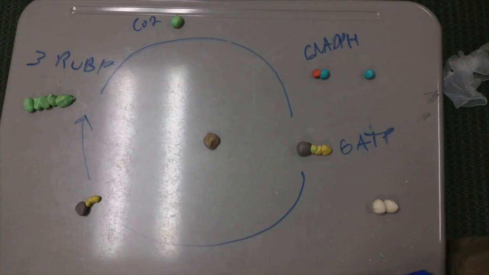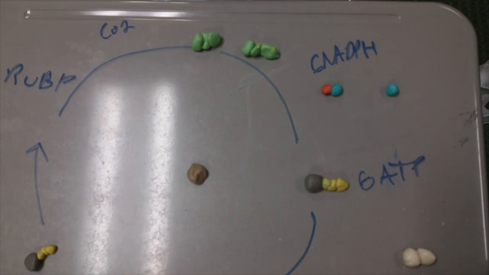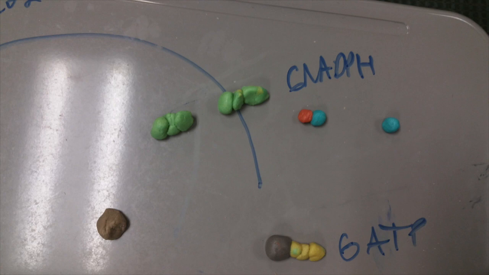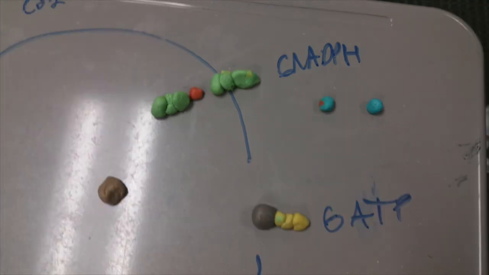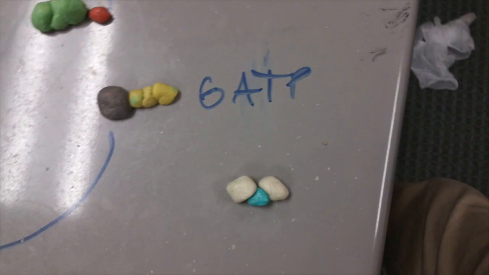Alright, so you start with ribulose 1,5-bisphosphate, and that combines with carbon dioxide in the carbon fixation stage, and that creates 3-phosphoglycerates. And this essentially moves down and binds with ATP to make 1,3-bisphosphoglycerate. And then NADPH is brought in